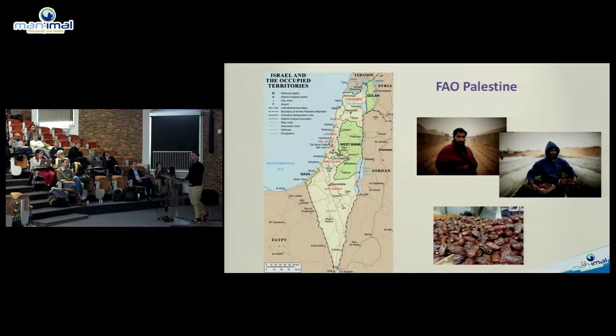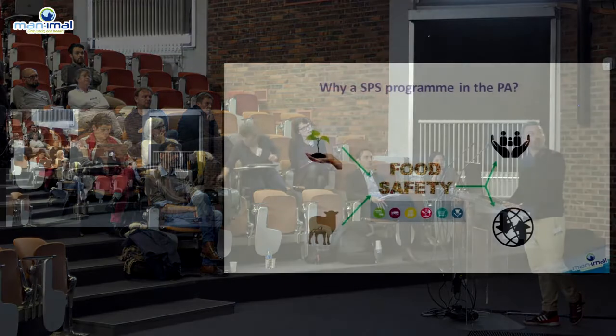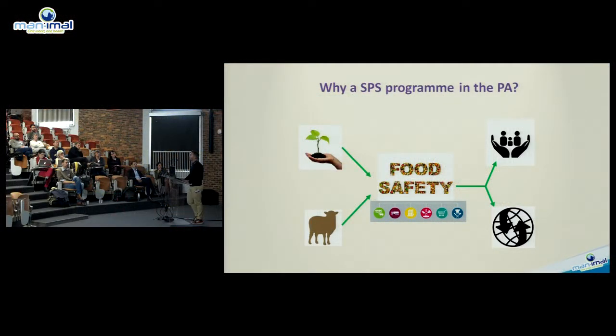Okay, that's basically what I've seen during my career. I started in the emergency side, now I'm more in program and capacity development. The Office of West Bank and Gaza has a role in terms of supporting the occupied territory on many aspects of development. I'm mostly in charge of the sanitary and phytosanitary program, which has the aim of increasing the capacity on plant health, food safety, and animal health in Palestine.